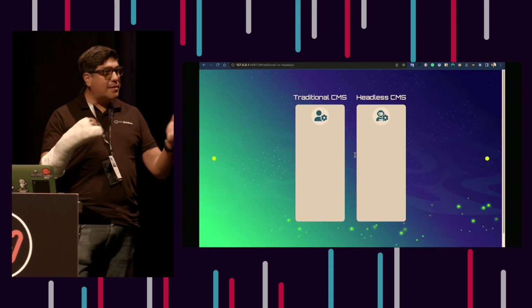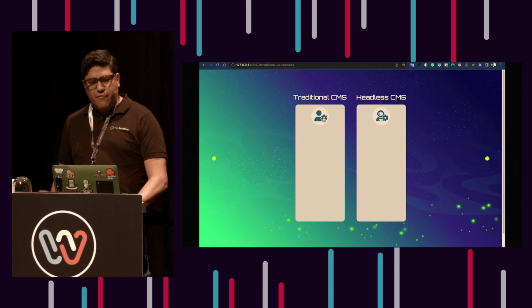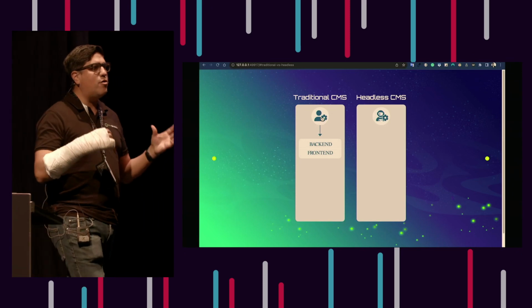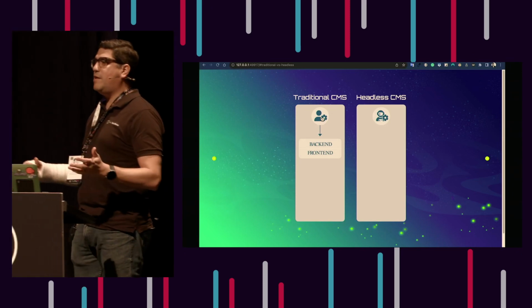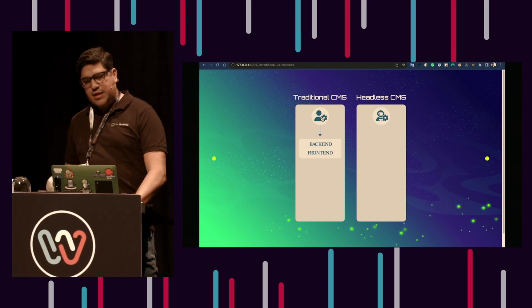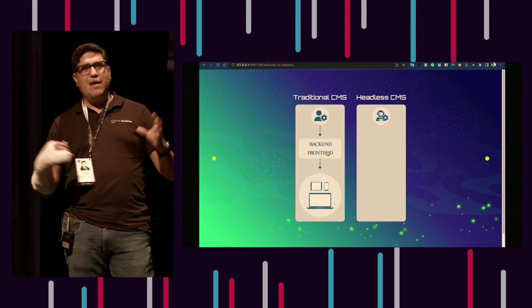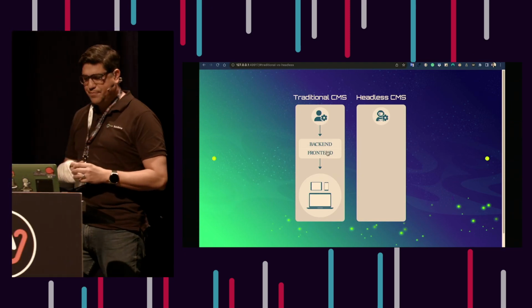So if we want to compare, just a small comparison so you understand the differences, we start off with a traditional CMS where a user, or an editor, or even a normal user, is going to have access to both the back end and the front end in one location. It's going to distribute down the pipe into all the different clients, but everything is monolithic. Everything is in one place and it goes down the stream.